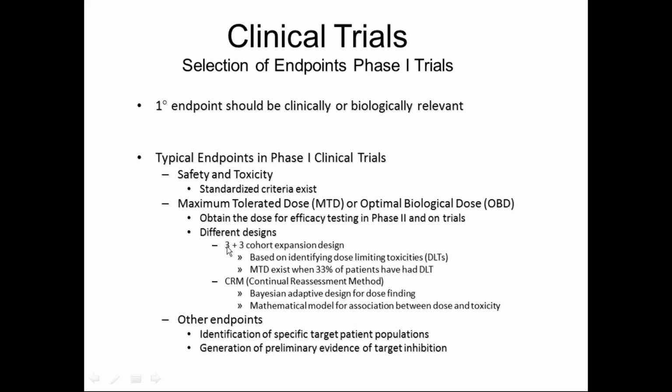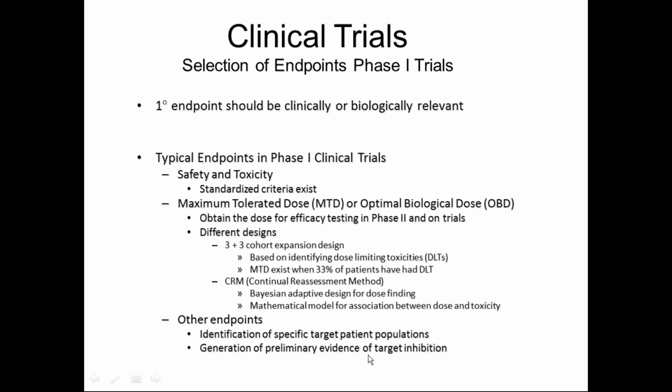A very standard one for phase 1 is something called a 3+3 cohort design. Basically it means we're going to accrue some group of patients, and then we're going to observe them for safety and toxicity, collect their PK, and then we're going to accrue another group of patients. Another one is called the continual reassessment method. I'm not going to go into the details of these. There are times that you may want to use one over the other, and these are the types of things that you can consider, particularly if you're interested in a phase 1 study, in your discussions with biostatistics. And also, I think, as you're thinking about specific patient populations and you generate preliminary evidence of data relative to